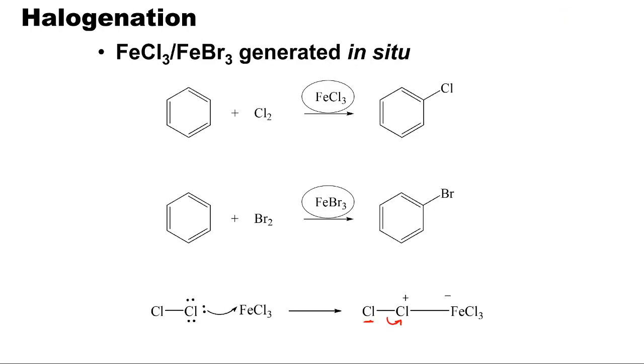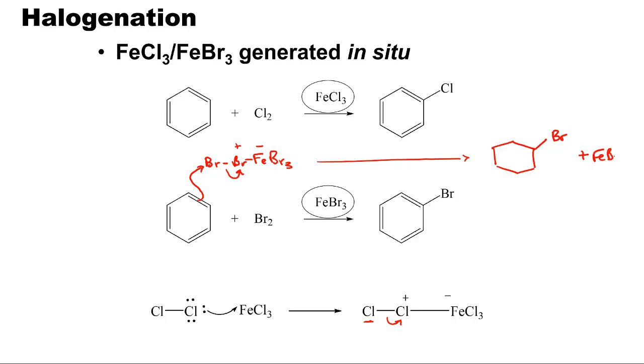So in the mechanism, I'll do it with the bromine, Br, like this, and then the FeBr3, and this is minus and this is plus. This pair of electrons comes out and attacks the bromine. This bond breaks. I'm going to draw it out over here. You form the Br here, plus the FeBr4 complex